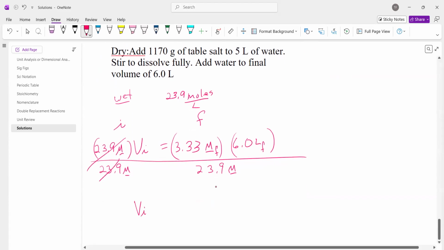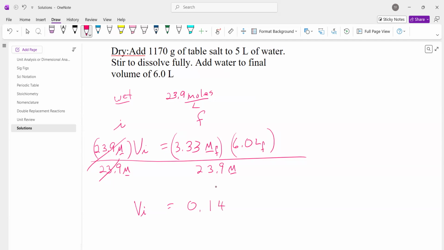So the initial brine solution is going to be 0.14 liters. So our directions are